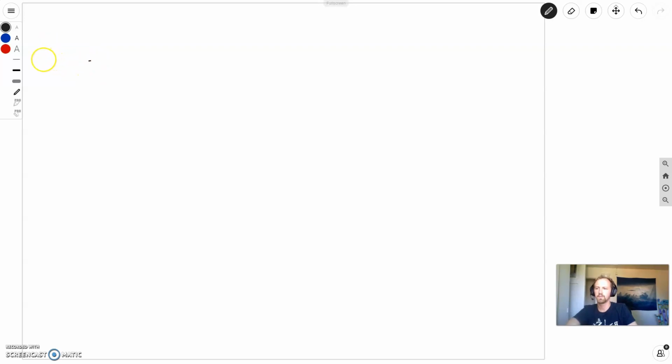All right, everybody. Got a spectacular 2D motion problem. This one is about Alan Shepard. Alan Shepard was the first American to go into space, and he was the fifth person to walk on the moon. He is somewhat famous for making a makeshift golf club, taking a golf ball, and hitting it on the